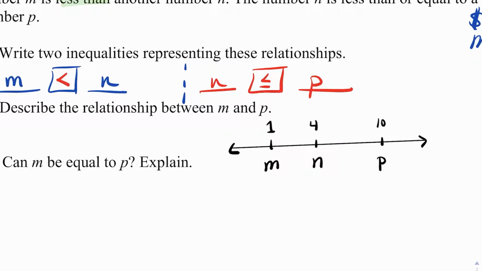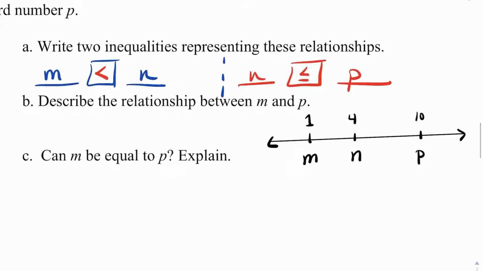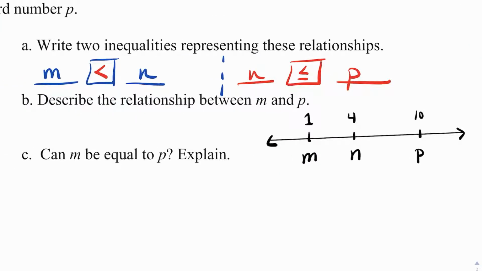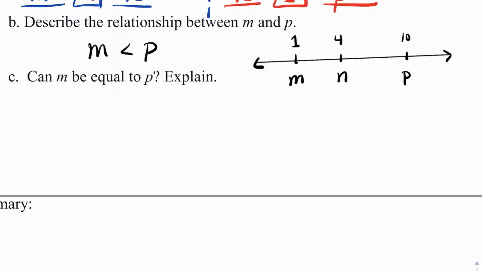So how would we describe the relationship between M and P? Well, it's very clear that if M is less than N and N is less than P, well then M must be less than P. Now letter C is kind of interesting. Could M be equal to P? So let's think about that for a second. If we still have N right here and we have P right here, if we put M right on top of it,